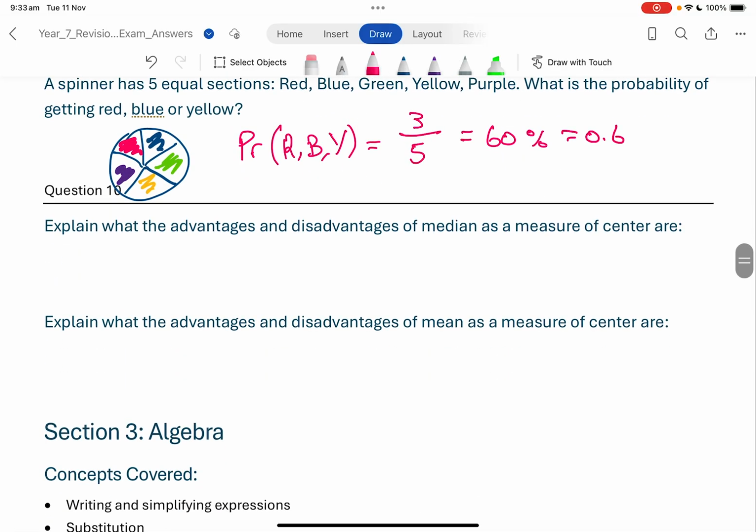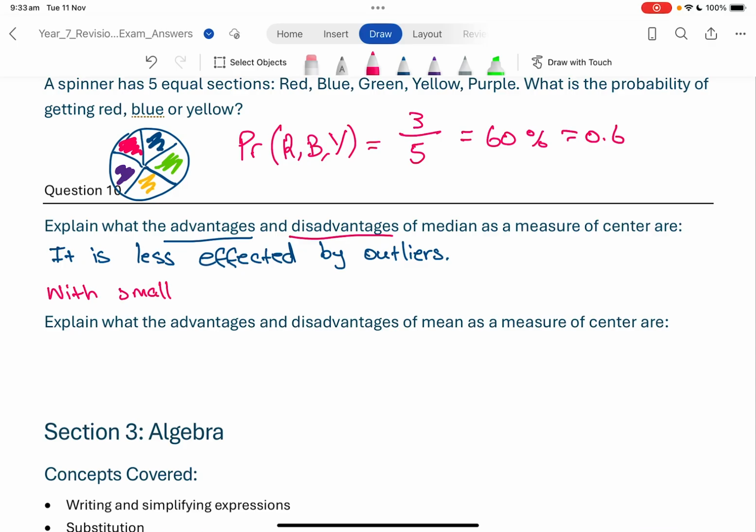All right, explain what the disadvantages and advantages are of median as a measure of center. Okay, well, the advantage is that it is less affected by outliers. A disadvantage, you guys might come up with some different ones, but I might say that with